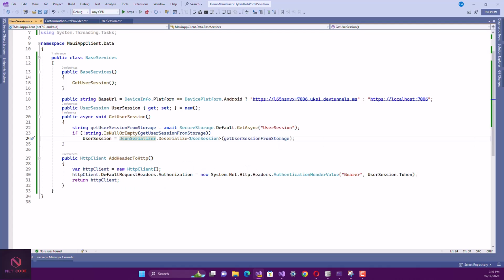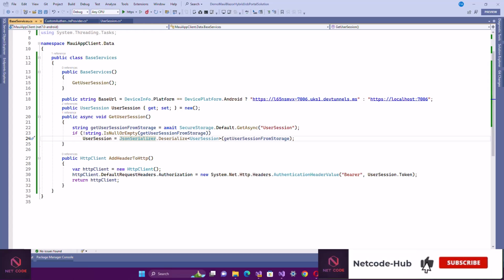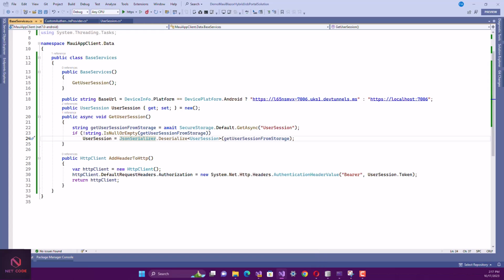The next thing that we're going to do here is let's create our component. The first component we're going to create here is going to be, let's see, let's work on the layout. No, that is the MAUI program. We have to register the component in there. So this is what we're going to do. We are going to register the base service, authentication state provider, and also the singleton for the base service. We have to register them. So go to